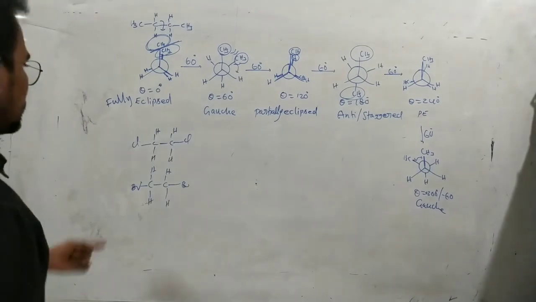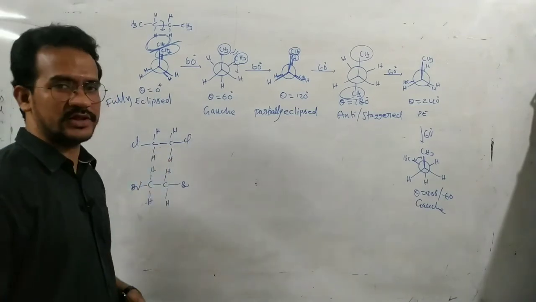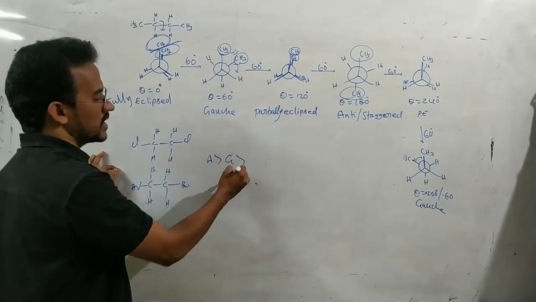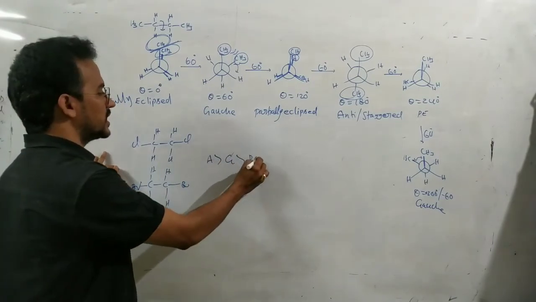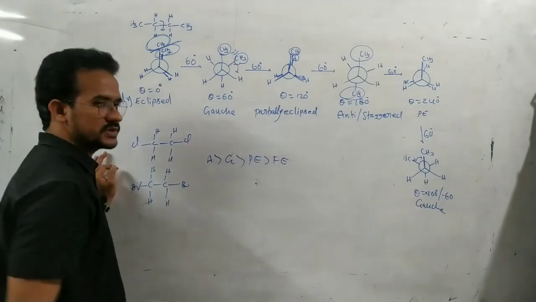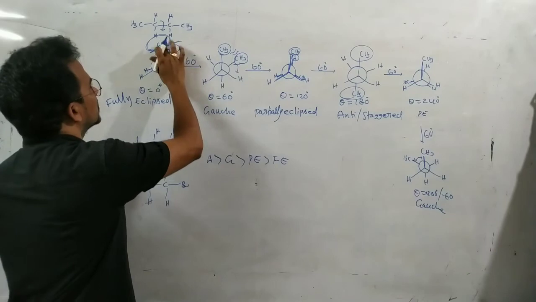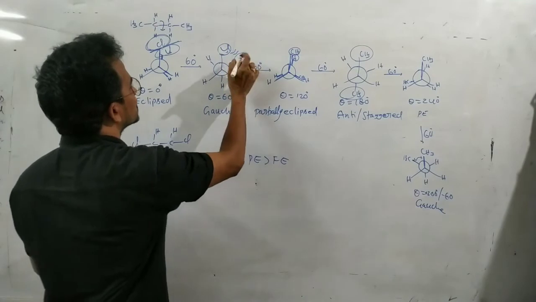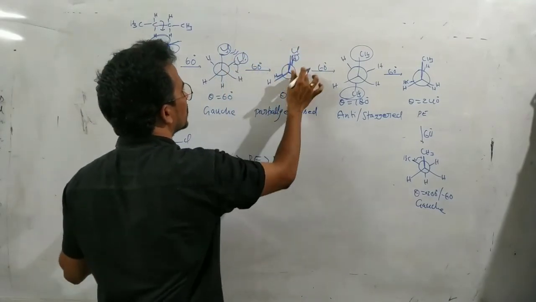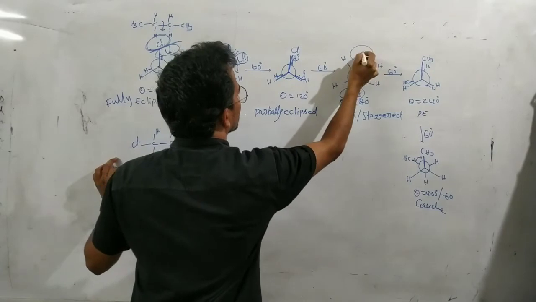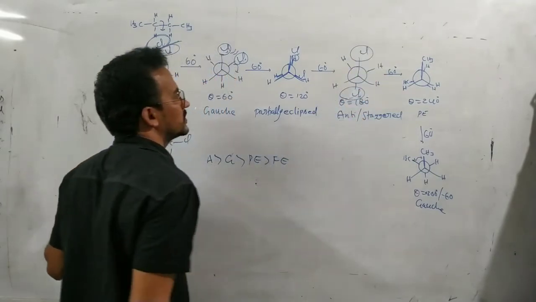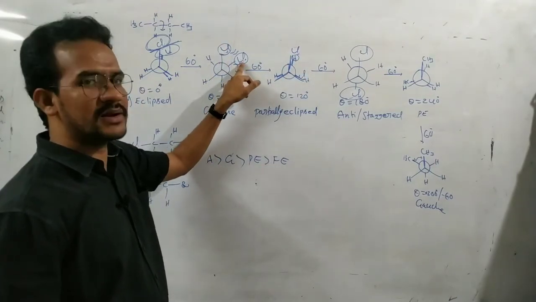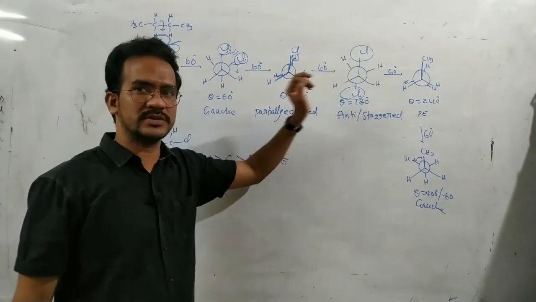Next, see this one. Here 1,2-dichloroethane, 1,2-dibromoethane. For these molecules, again the anti-conformation is more stable than the gauche conformation, and then the partially eclipsed conformation and fully eclipsed conformation. Because in this case, again you can see here, you can take chlorine, chlorine. This is the chlorine and this is the chlorine. Here this is Cl and this is Cl. Again here, chlorine and hydrogen repel each other. Here chlorines have slight repulsion. Here chlorines are opposite, no repulsion.